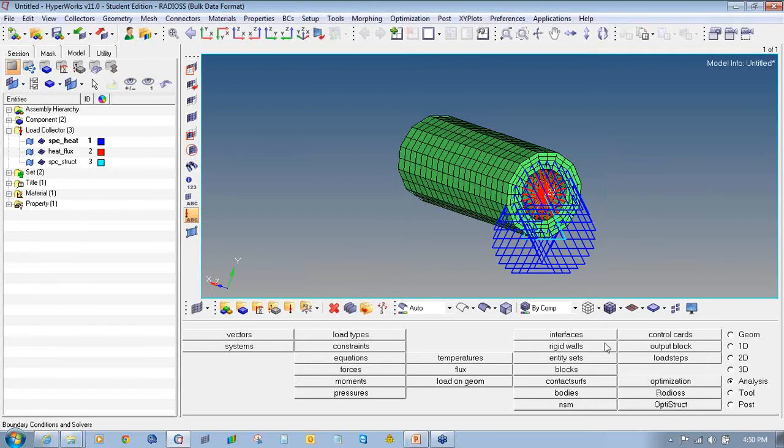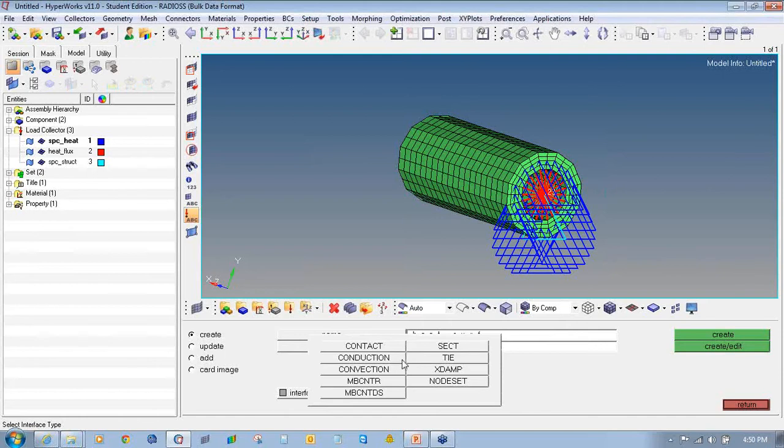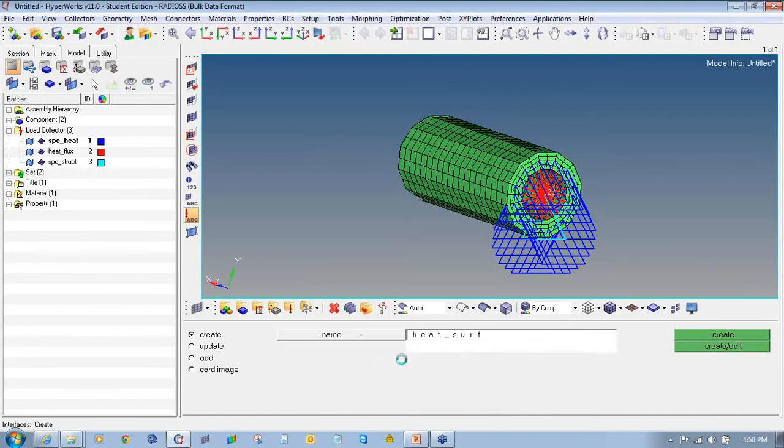So I will go to analysis, interface, enter the name as heat flux or say heat surface. Select the type as conduction, define an interface color. Then we'll click on create.